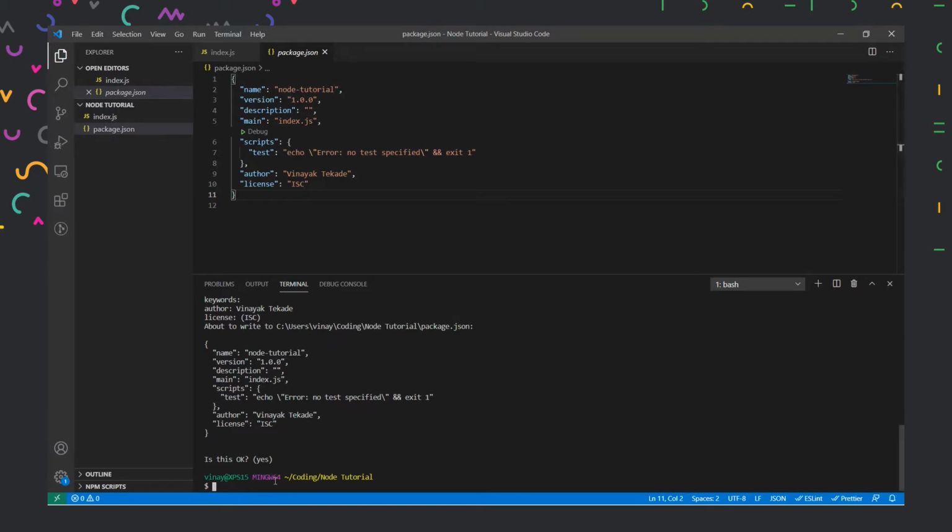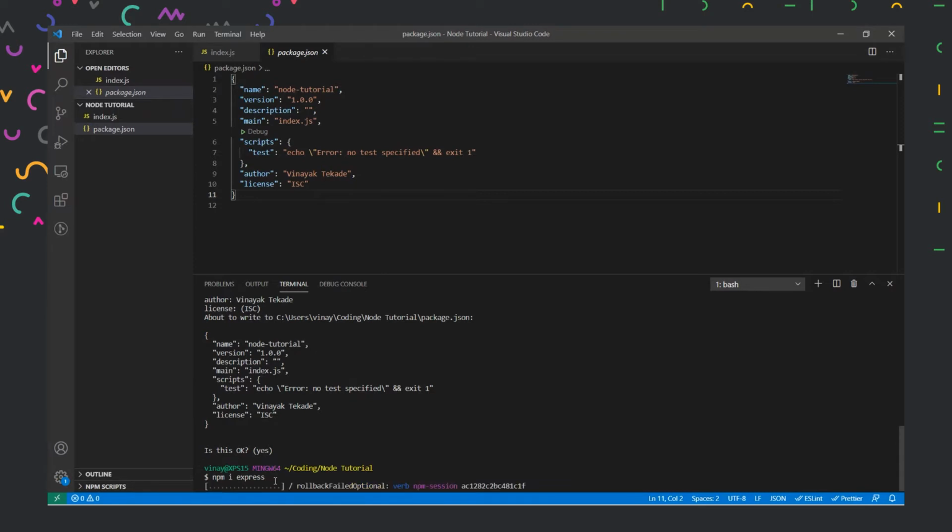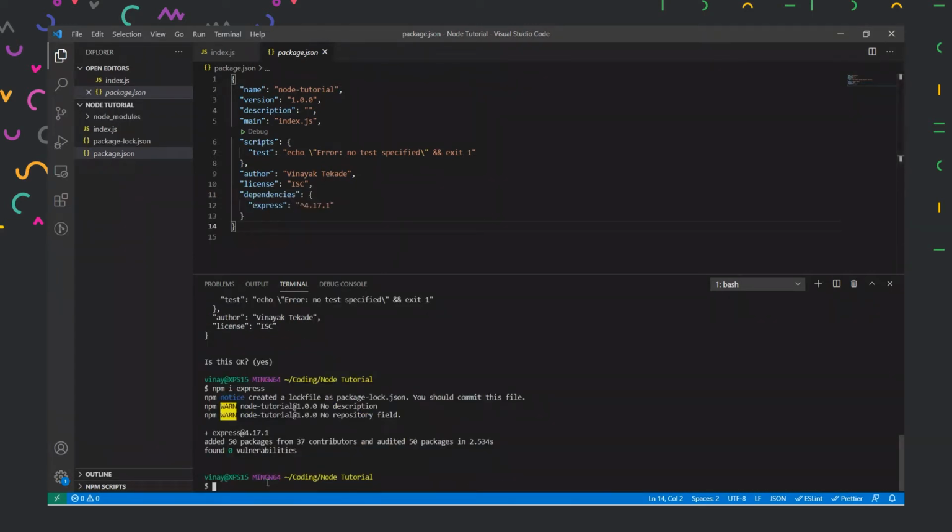So if I were to install any package here, let's say I want to install Express, which is a popular Node.js framework. So if I install Express, it will download it from the server, and then it will install it. And then you will see that it is adding dependencies as Express in our application. That is one part where you can see we have installed Express. Over here, it is keeping a track of that.